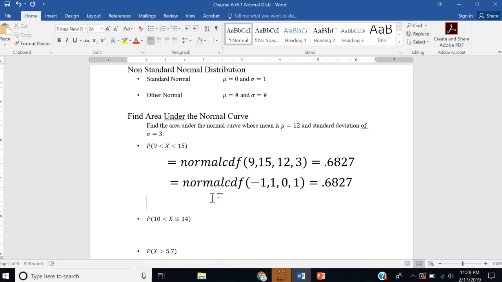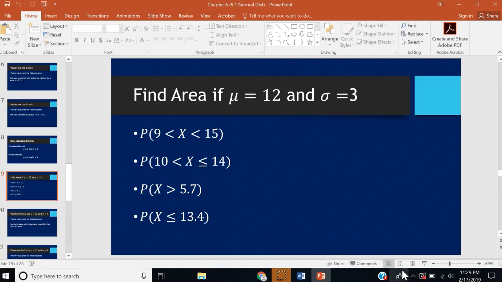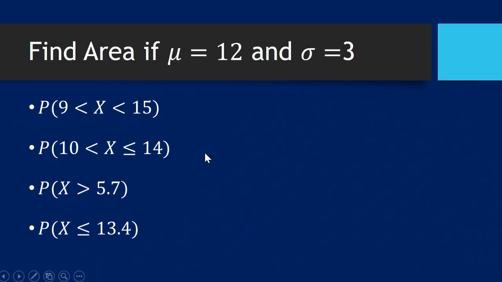Now, good thing for us, our calculator can do this problem, so moving forward we don't have to translate into z-scores. The point of this exercise is just to see that yes, we could have done this whole same problem using z-scores. We don't have to, and we're not going to in this class. We're just going to use x values and the various means and standard deviations that we're given. So what I'd like you to do is try the next problem on this slide. Push pause on the video, find the area or probability